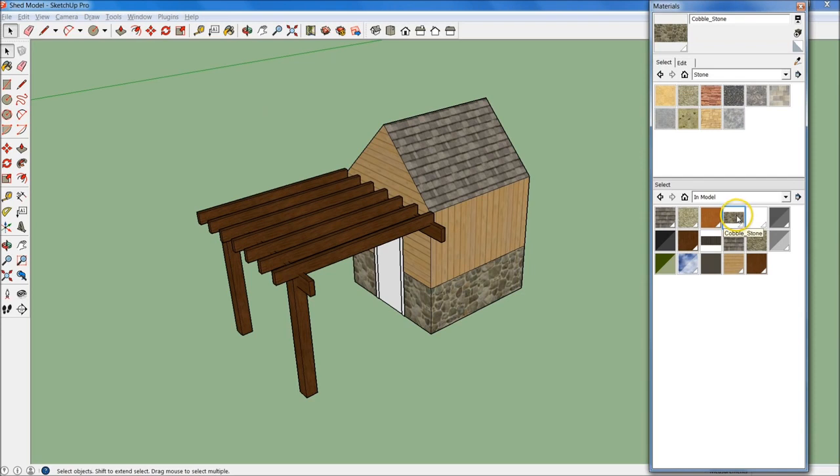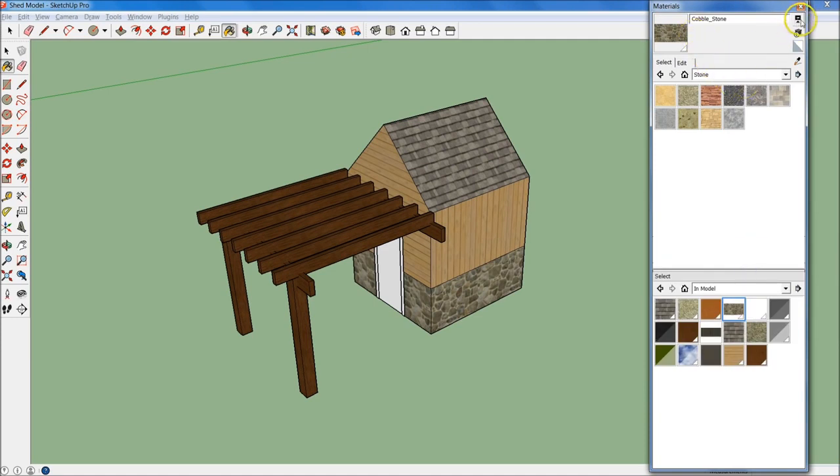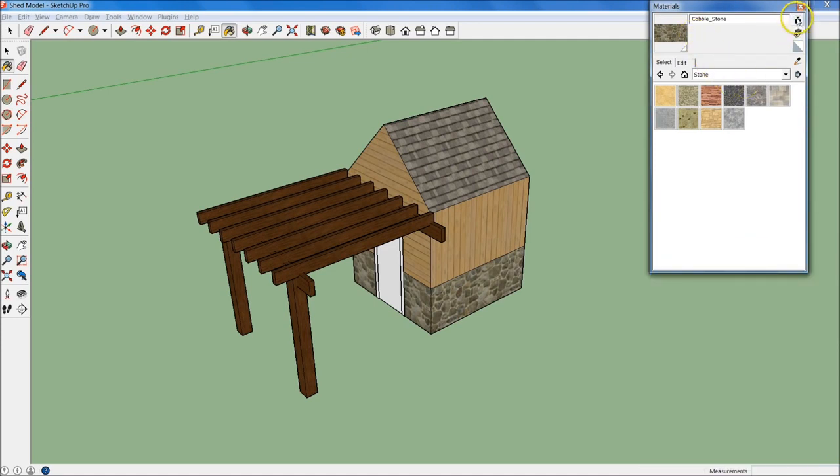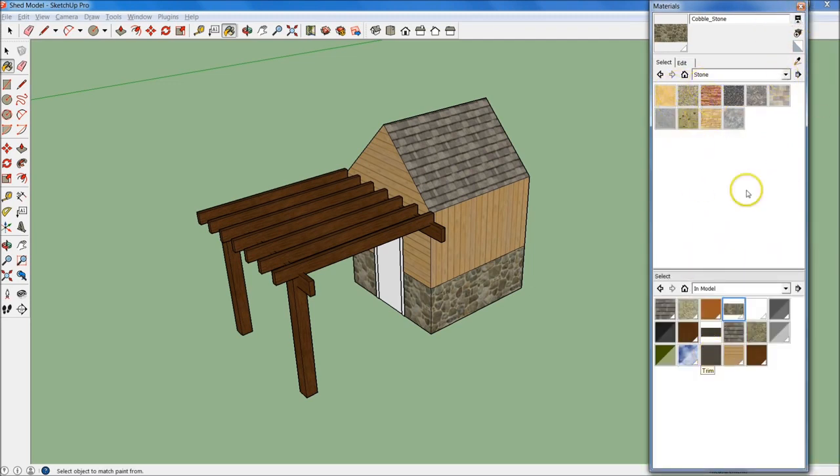And let's come over to our cobblestone right here. And you'll see here that I have two windows open. Now you may just have the one. If you do, just go ahead and select this box right here. See how I actually just took down the lower section? If I click that, then I'll have double paned materials, and that allows me to keep a certain material and